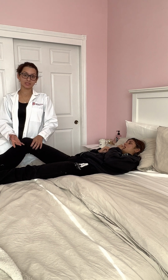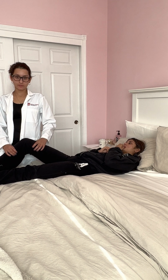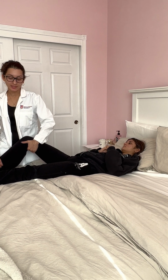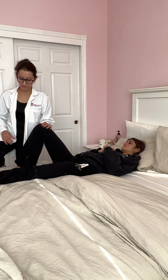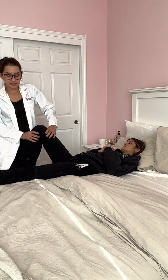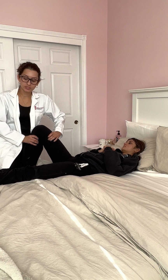It's checking for the ACL, just like the Lachman's test, and Lachman's test is considered a little bit more sensitive versus the George test. For the George test, I'm keeping her knee at 90 degrees now, and I'm going to sit on her, or I'll put my knee on her foot to stabilize it. I'm going to grab the upper leg, and then I'm going to pull it anteriorly and then posteriorly to check for any